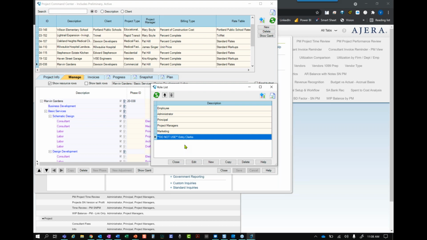So unfortunately, the security roles, overhead groups, there's items in Ajera that you can never delete. So you just have to be careful with it, which is a perfect lead in to the next thing we wanted to talk about, which is creating too many roles. And that was actually such a perfect lead in, with your question, Roger, because now we've seen it really can be hard to delete these.